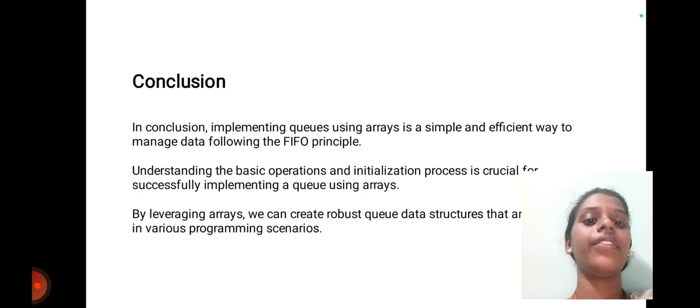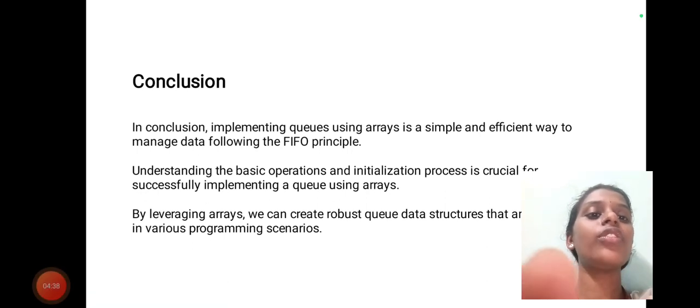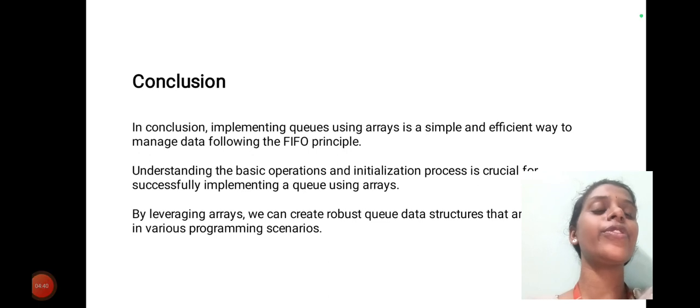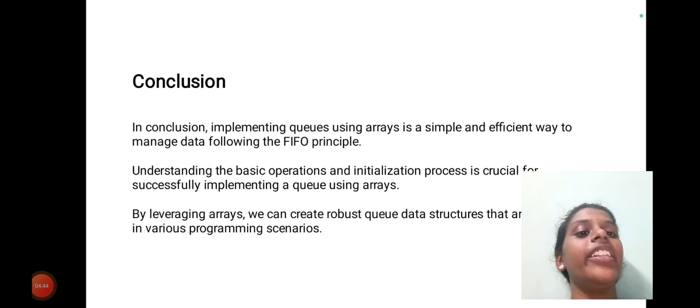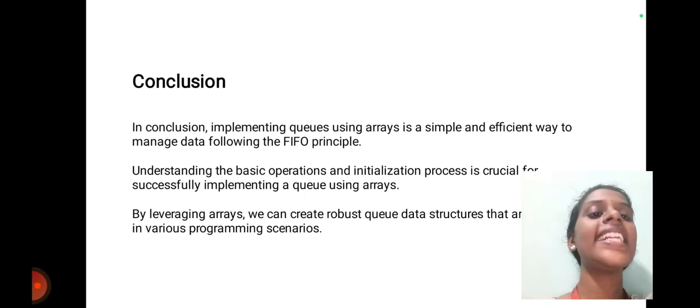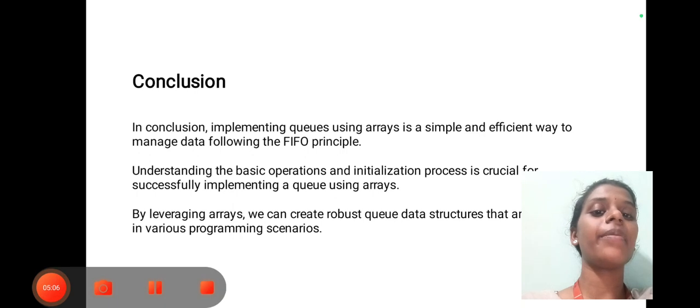Conclusion. In conclusion, implementing queues using arrays is a simple and efficient way to manage data following the FIFO principle. Understanding the basic operations and initialization process is crucial for successfully implementing a queue using arrays. By leveraging arrays, we can create robust queue data structures that can be used in various programming